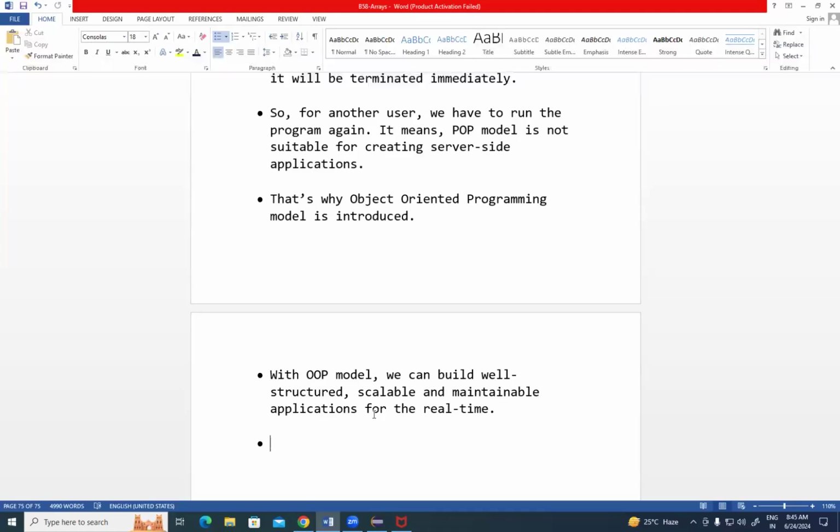Yes. So we got the reason why the OOP model got introduced: well-structured, scalable. I'll tell you the meaning of scalable and the meaning of maintainable. We'll discuss all these things. For creating such kind of applications for real time, we have the object-oriented programming model. And to develop applications with the object-oriented programming model, or approach, paradigm, model, they are synonyms,